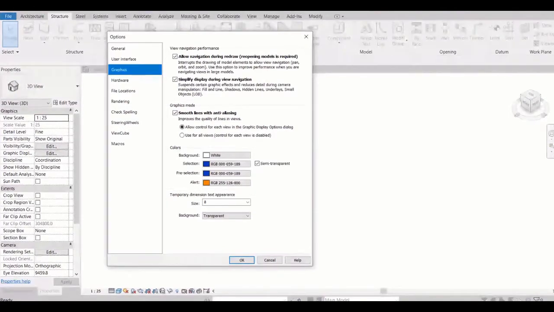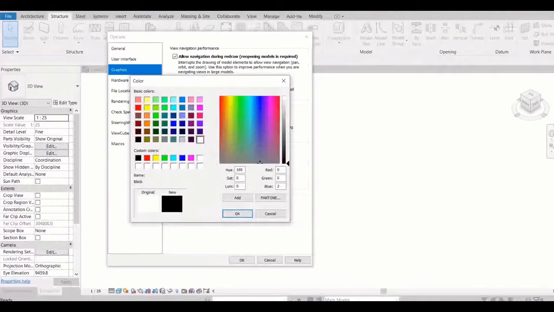Allow navigation during Survey Draw, or color, background color. Black. Now it's white. If you want to change it, you can change it to black. Okay, right, but why is it white by default?